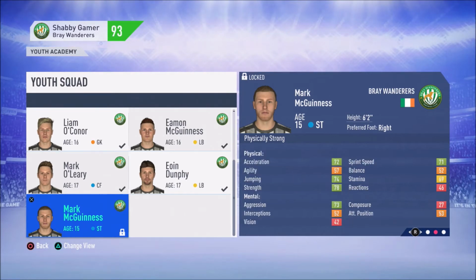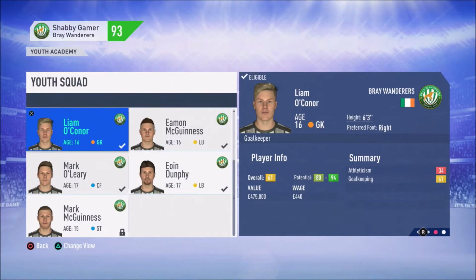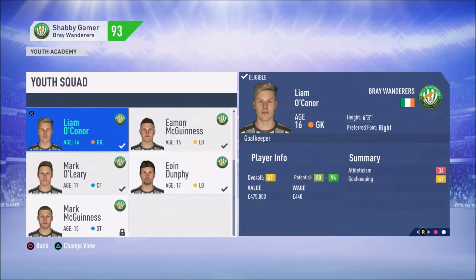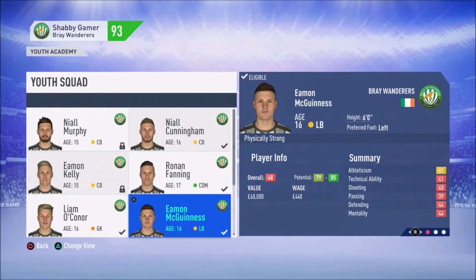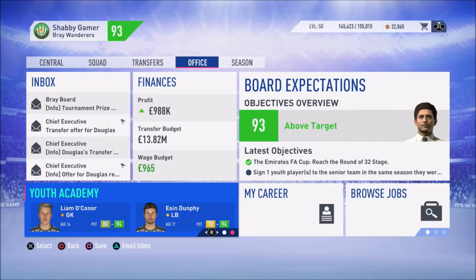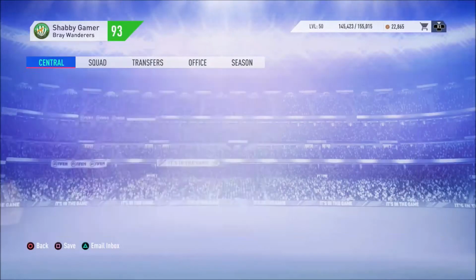So a decent pace, actually, isn't he? It's only 15. So what's the goalkeeper? Goalkeeper's very good, actually. 80 to 94, and he's 61 rated, so you can go straight into the team. I'm struggling for wingers. We haven't got any wingers now, have we? That's the problem. Normally wingers are quite easy to get a hold of, but this time I seem to be struggling. But either way, like I said, we're not going to bring any of them players through until we hit